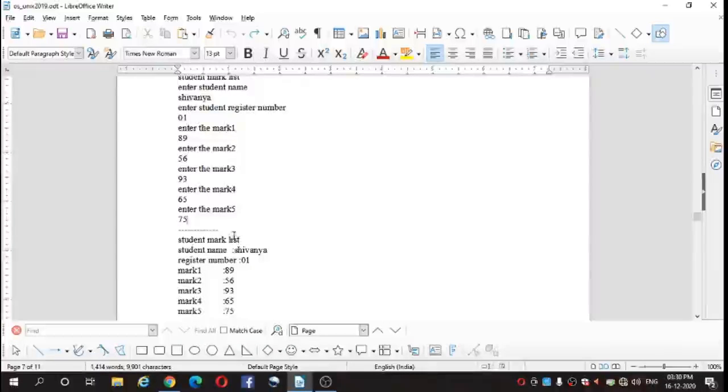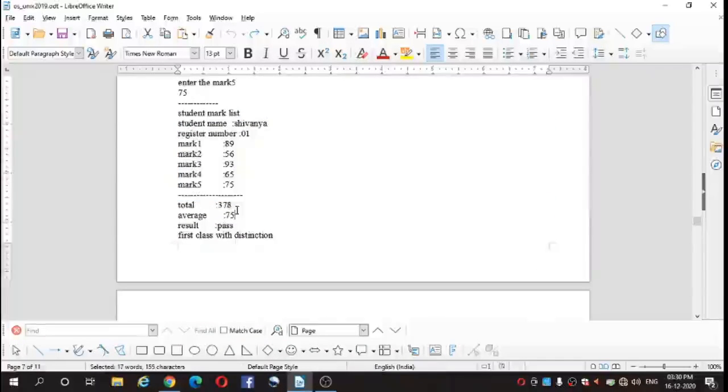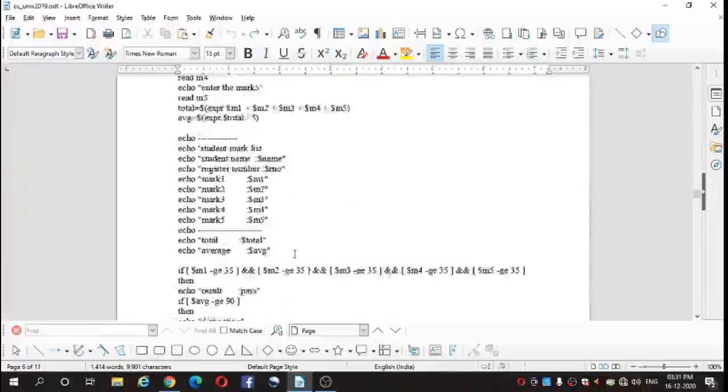Then it is simply printing the information of the student. Here we are directly printing the mark list. Then we are calculating the total marks, then the average, then the pass, and whatever the result of that student is. So we'll go through that first